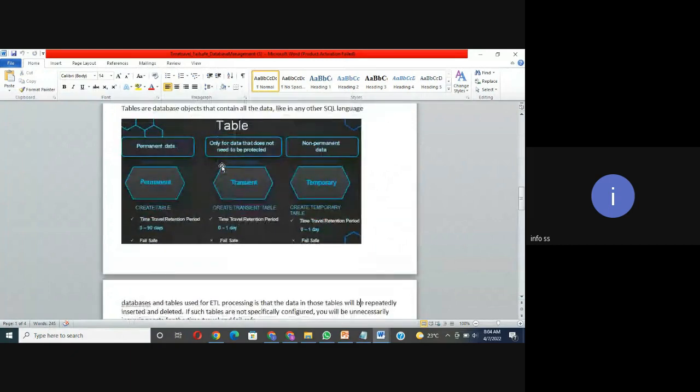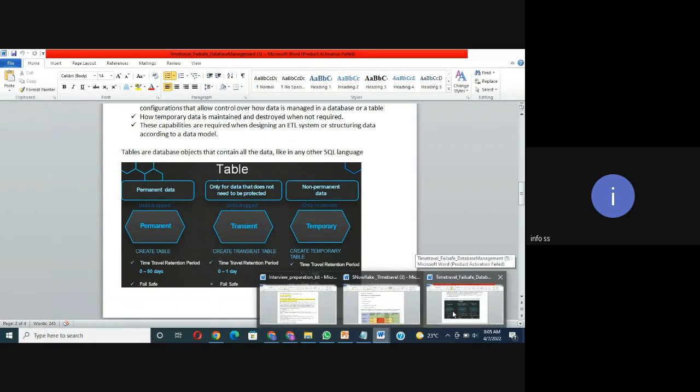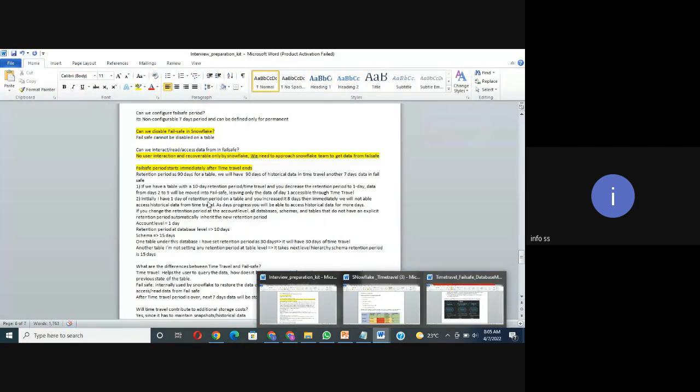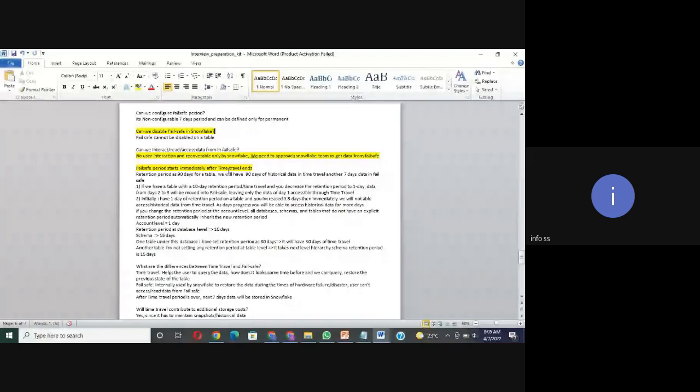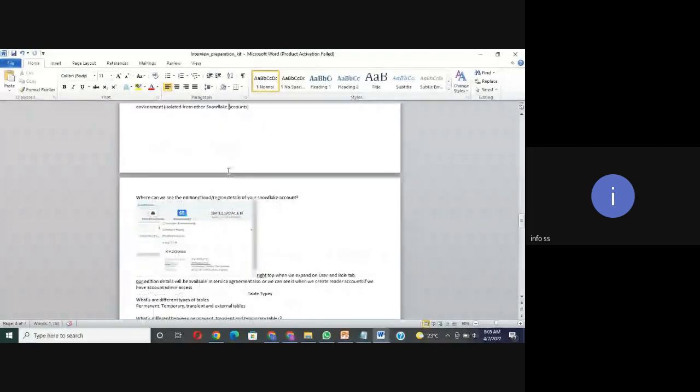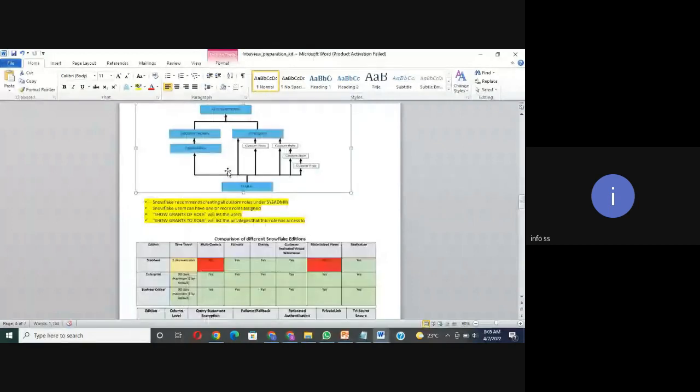Yesterday we covered the different types of tables. This is very important, and I already shared the list of all possible interview questions with answers on this particular topic, like the table types. Hope everyone got a chance to go through that. That would be more than enough for you to understand different things with